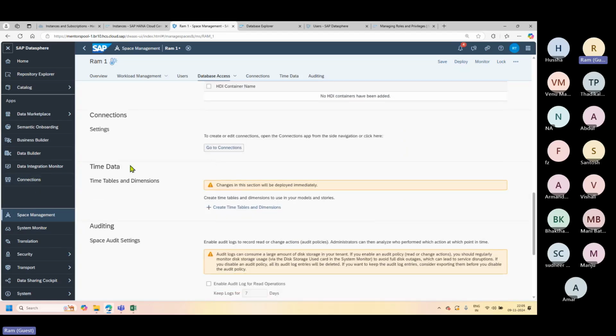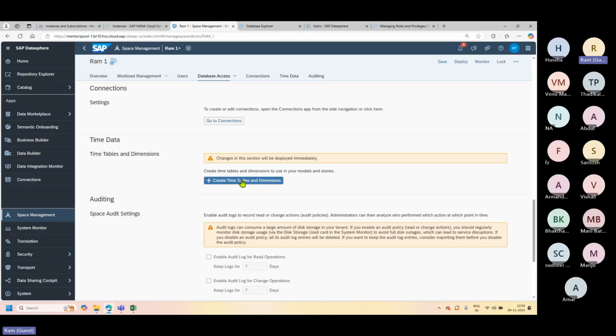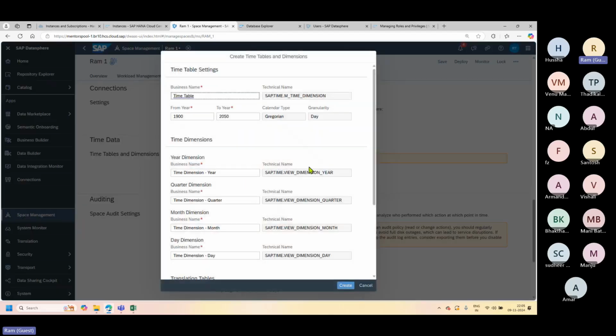Now the time data. When you click this create time data button, what is going to happen is, in the space, in the RAM1 space,